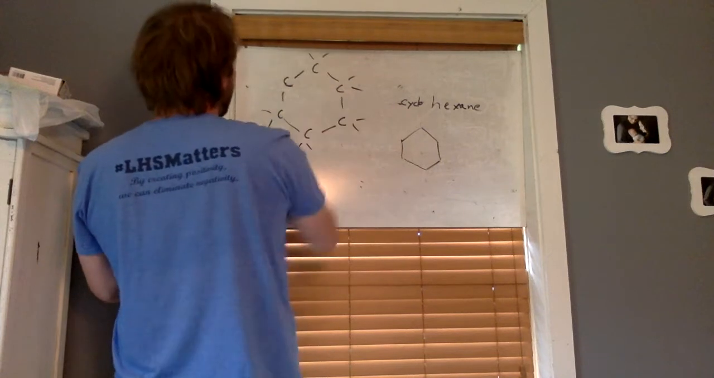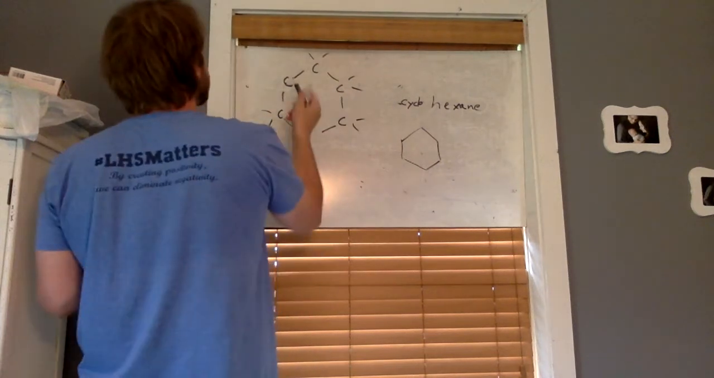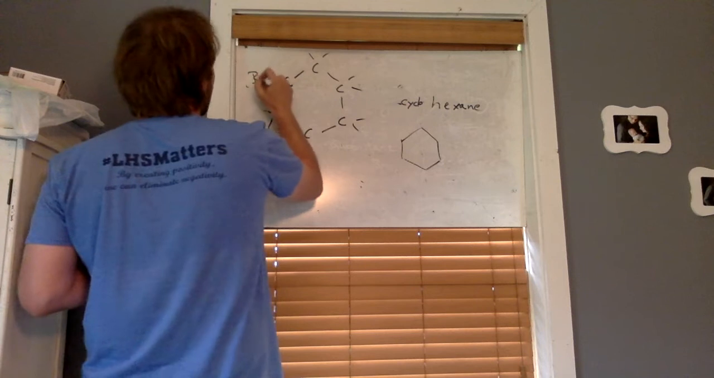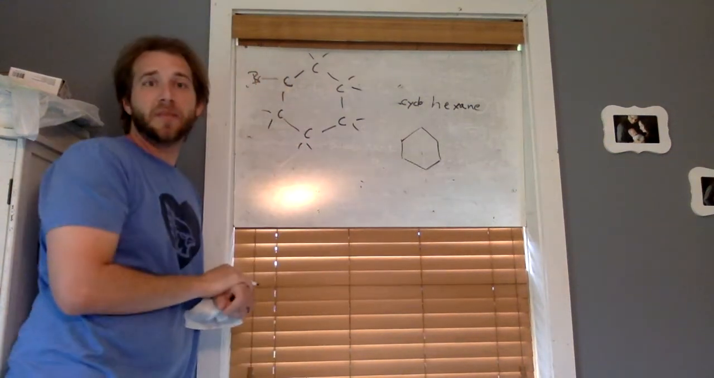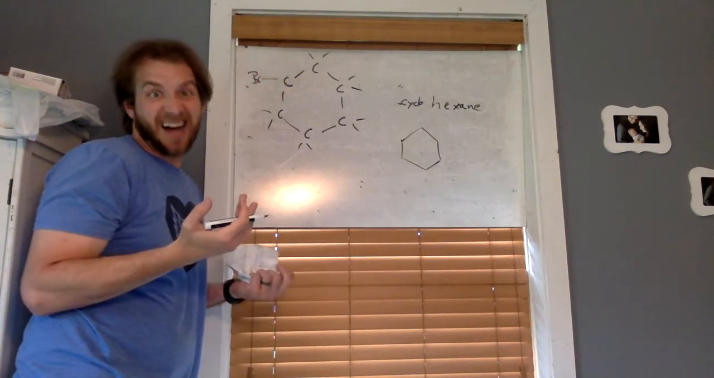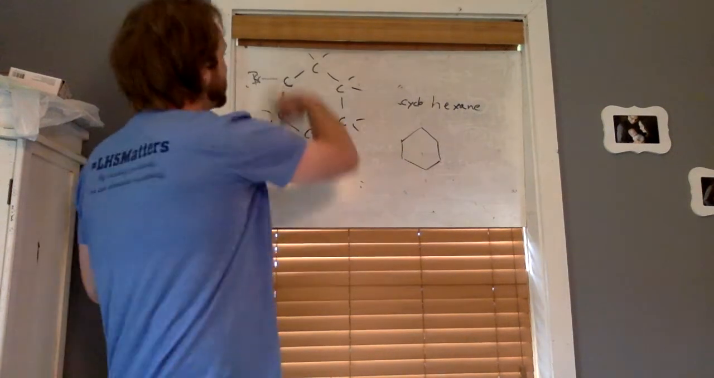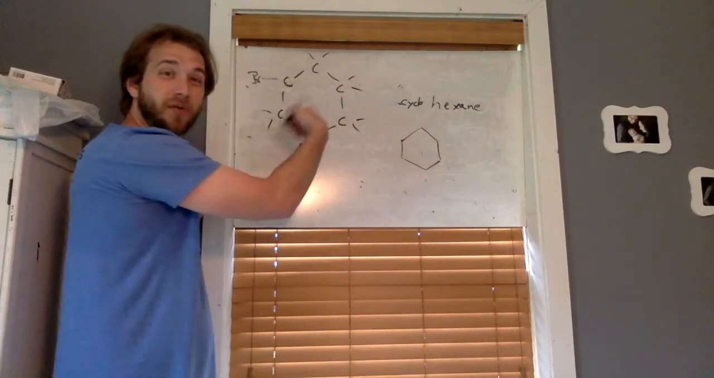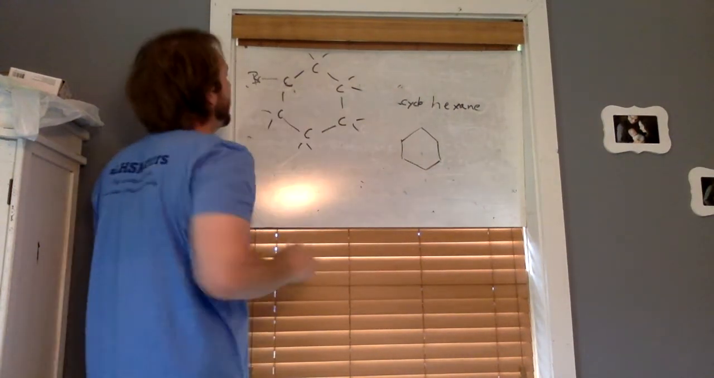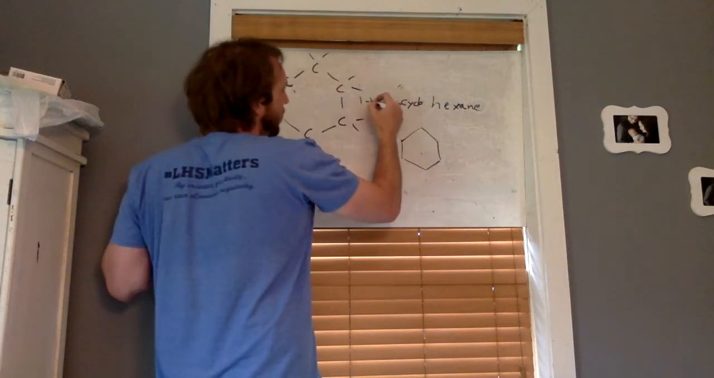If we had one of these that had a special group coming off of it, so say this was a bromine coming off on this side here, we would have to show that that is on our cyclic structure somehow. Since this is a ring, we can start numbering wherever we want. So we're going to number that right there on the one position. This is 1-bromo